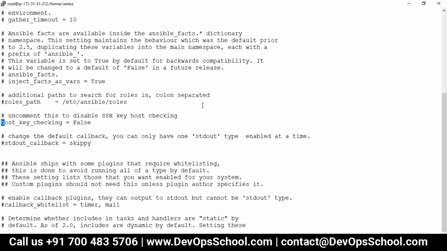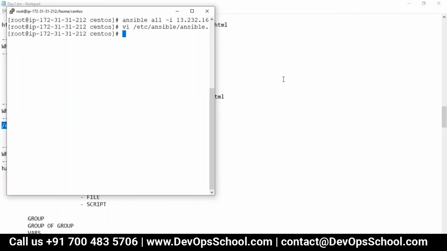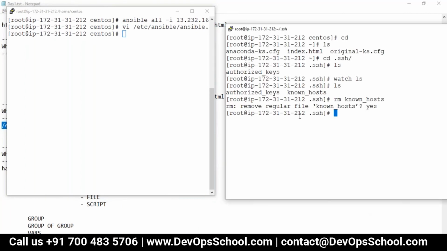So that is one of the options I modified, guys. Hundreds of options are here. Depends on your requirement, depends on your nature. Come back, build your skills slowly, one by one. But you can read it once if you like. Guys, I changed that host key checking. Again, I repeat, host key checking, in this file. Now, if I see here, the known hosts file is not there.